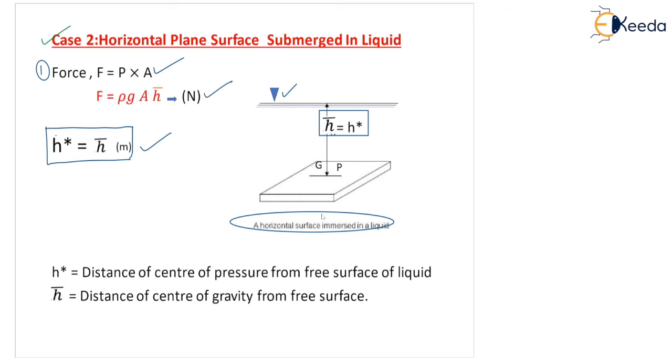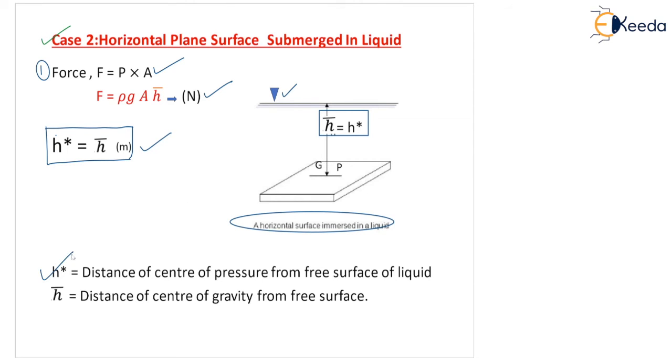So I want to say here, your vertical plane surface and horizontal plane surface are very simple. Mostly GATE questions are coming from inclined plane surfaces and curved surfaces. But we cannot go directly into those topics. We have to see these, because sometimes some question may come, but mostly the questions are from inclined plane surface.